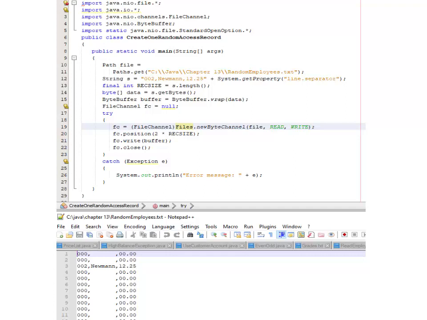The application in this program creates a single employee record. The record is for employee 002 with the last name of Newman and a pay rate of 12.25, also concatenated with the newline separator. The length of this string is assigned to the RECSIZE constant. After the file channel is established, the record is written to the file at a position that begins at 2